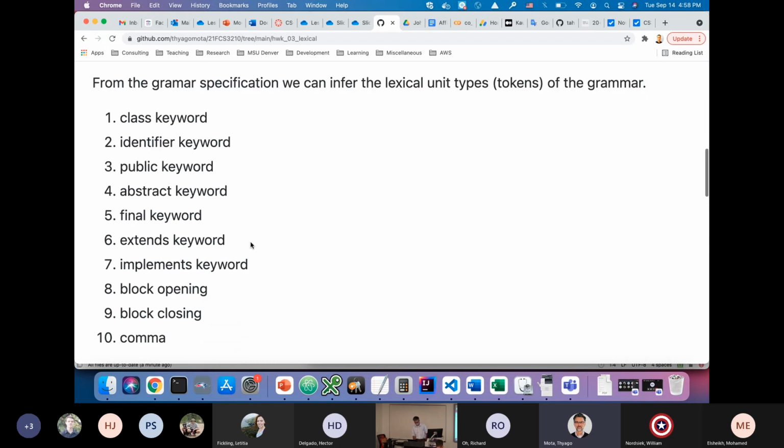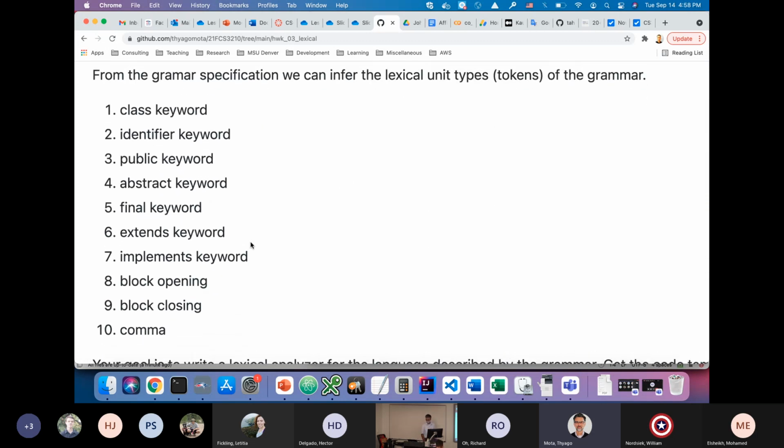So the list of tokens for the homework sounds daunting, right? Oh, we jumped from how many? Like 5 to 10. But don't worry, most of them are keywords, right? So keywords are very simple to recognize